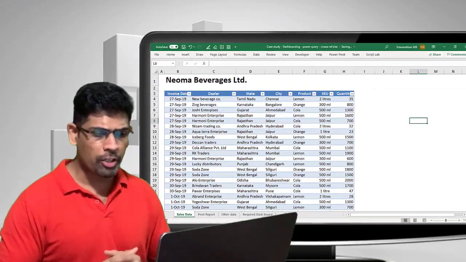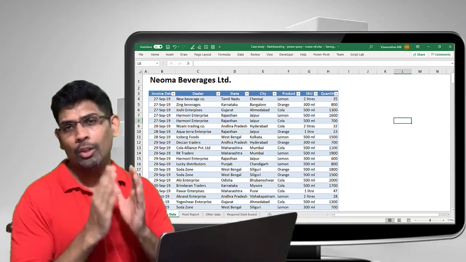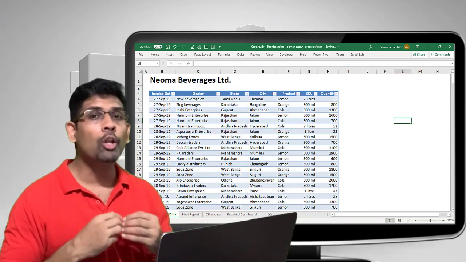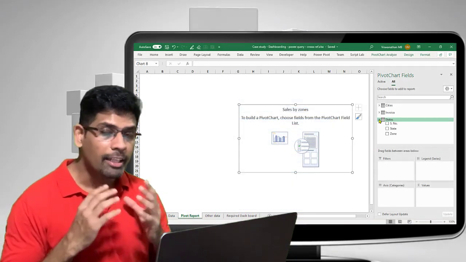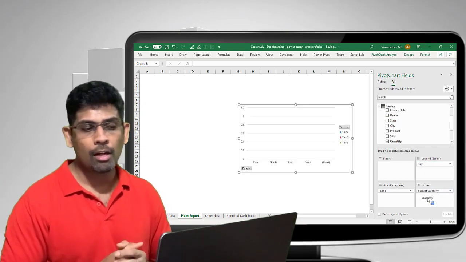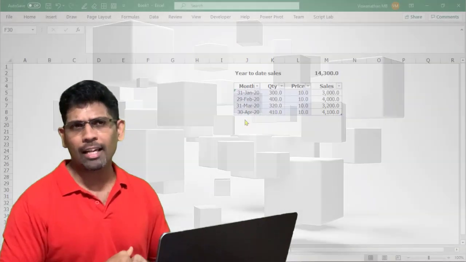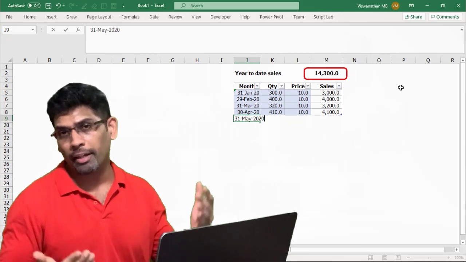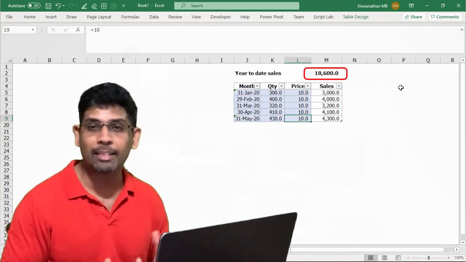To give you some introduction, a table organizes your cells into a logical set of fields and records. This brings a lot of additional capabilities to us. For example, I can create a pivot table that can pull data from multiple tables. From a financial modeling perspective, again at a rudimentary level, the advantage of a table is that as your data keeps growing, your table keeps growing. That means all the formulas that are linked to the table automatically update themselves.